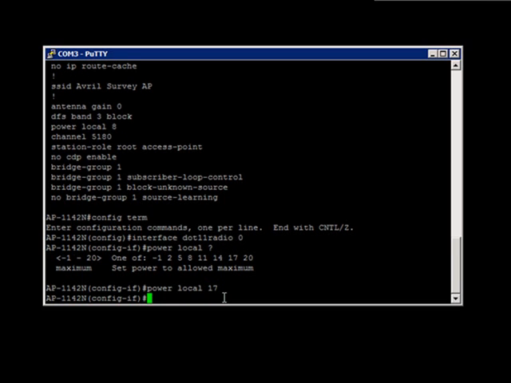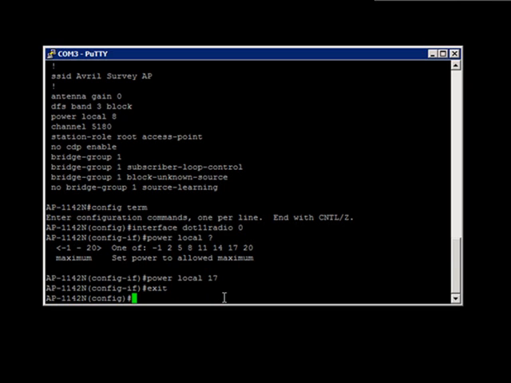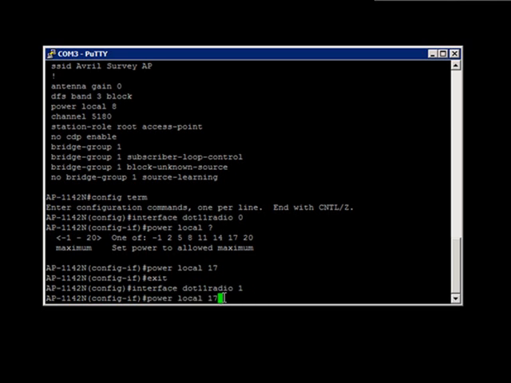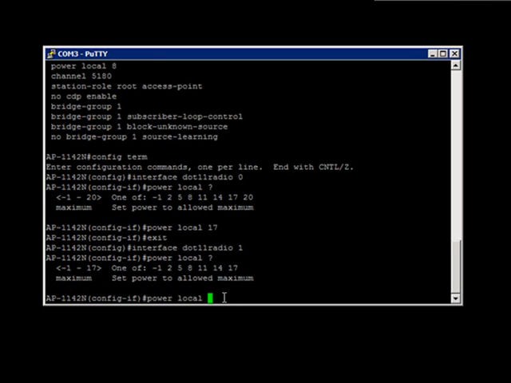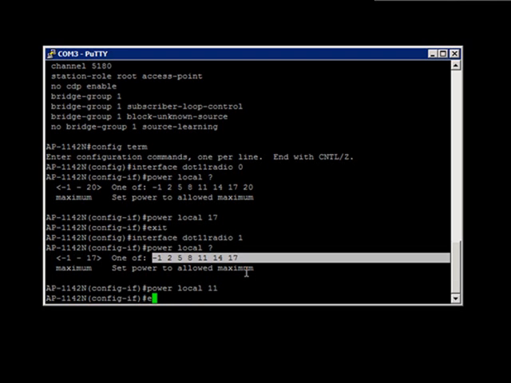Then return. So now I want to do the same thing for my 5 gigahertz radio. So I need to go into the other radio interface, radio 1. Notice here that my power settings are different. Whereas before I was able to go all the way up to 20 dBm, here I can only go up to 17 dBm. The reason is that I'm in a different regulatory domain. This is the 5 gigahertz, which is regulated differently than the 2.4. So in this example, I think I'll change it from 8 to 11. Hit return, hit exit,